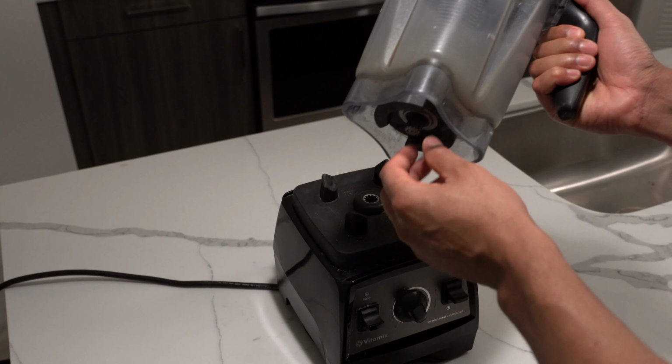There it is right here. There's the blade. And then at the bottom of the pitcher is right here is the connection that connects the pitcher to the base. Now, with this right here, they say do not take this off while it's still spinning. You want to make sure that the unit is completely stopped before you take it off or put it back